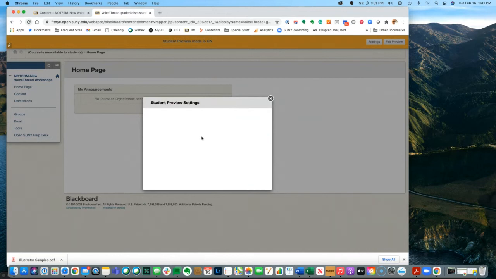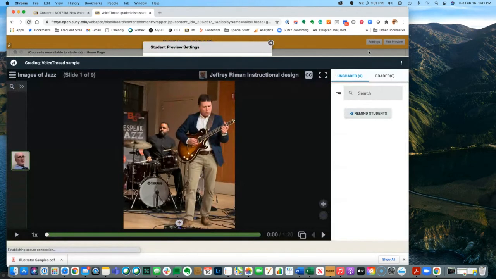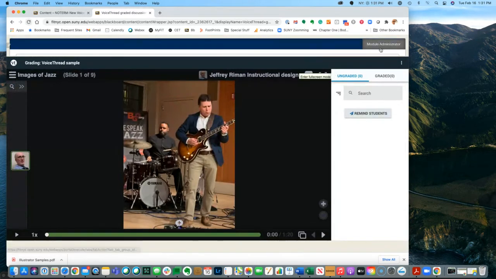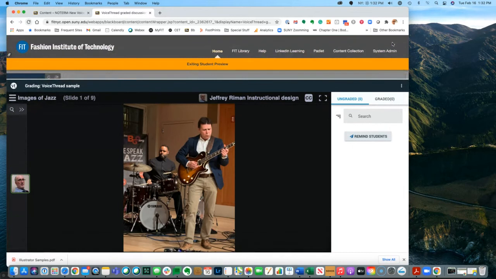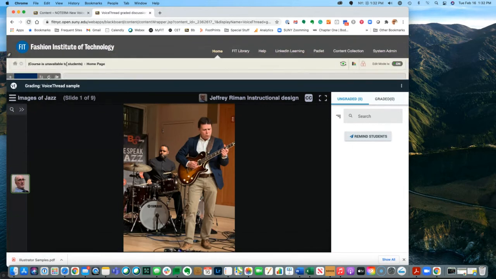What's going on here? Why isn't it showing? Let me try that again. Oh, here. It's a little bit of an anomaly. Did you see that? It got hidden behind the other guy. You should go into student preview before you're in VoiceThread. Let me go back out. So I'm going to exit preview. We broke it, Jeffrey. I have to use the back button, unfortunately. This is something Jose and I have learned on a couple of occasions, that sometimes you can't find your way back.